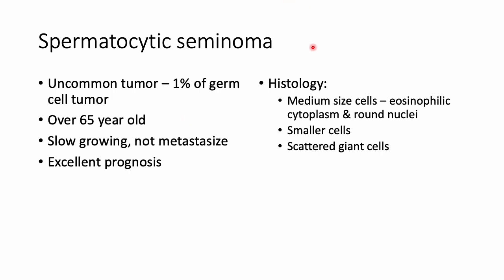The histology is a bit different from the typical or classical seminoma. It has medium-sized cells with eosinophilic cytoplasm and round nuclei, and the cells are a bit smaller compared to the classical seminoma, and there are also scattered giant cells. So this is how it looks. It's a bit different, right? More like a lymphoma kind of feature, with scattered giant cells here and there